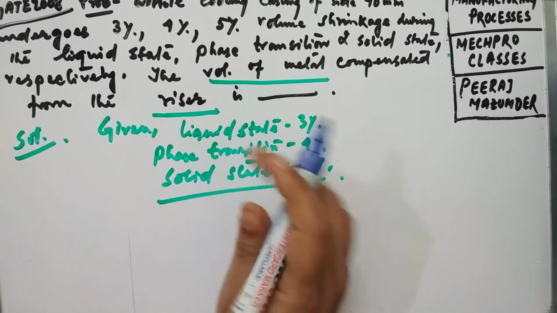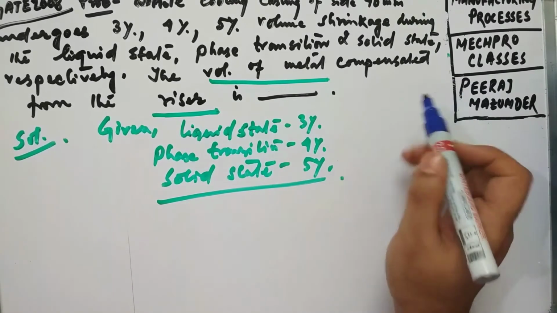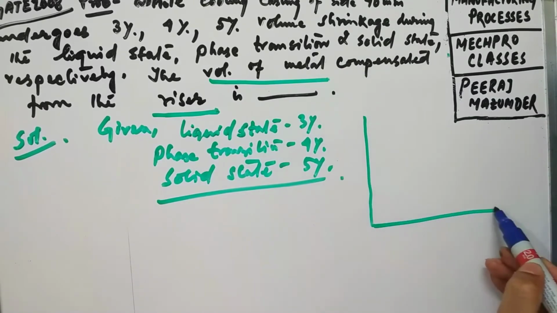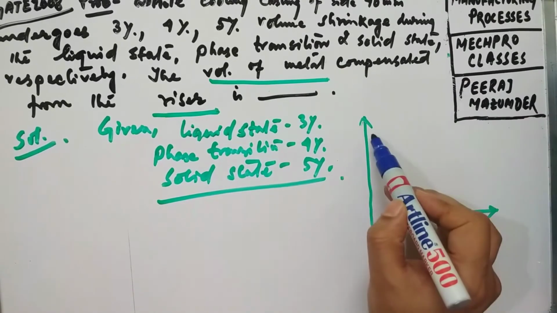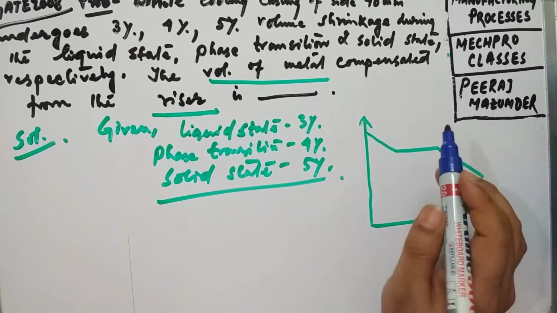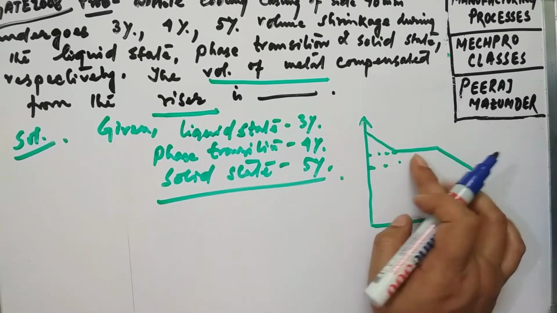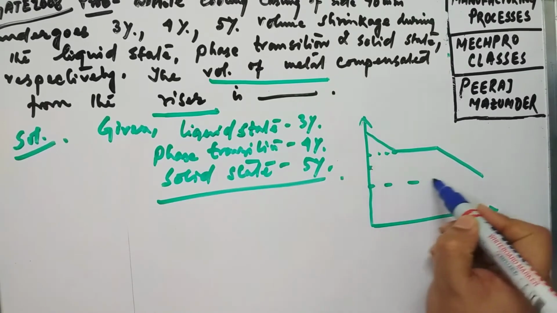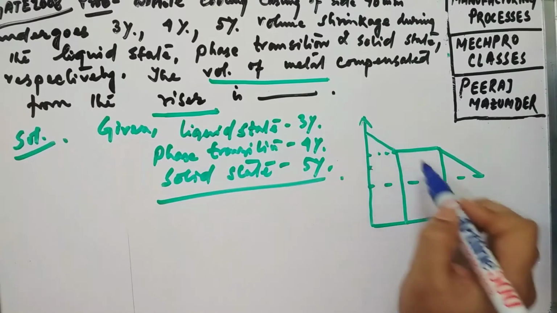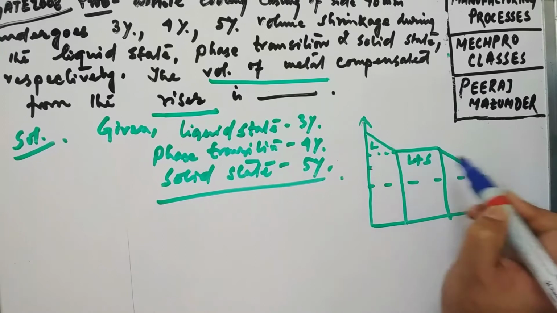Okay, so say we are considering it as a pure metal, because there is no mention of alloys. For the curve, we already know how to draw it. The curve is somewhat like this one. Now look what it says. Sorry, this one, maybe this one. Now you already know the different aspects of this particular curve. So this is your liquid section, this is liquid plus solid, and this is your solid section.